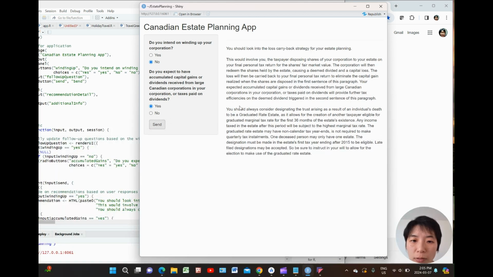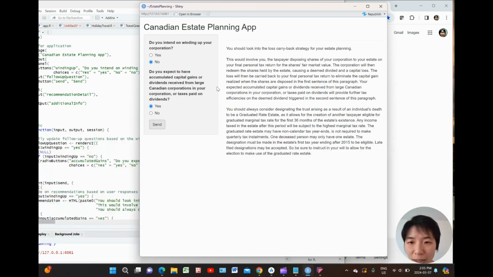The recommendation for this situation would be the loss carryback strategy, and this would involve you, the taxpayer, disposing shares of your corporation to your estate on your final personal tax return for the shares' fair market value at that time. And the corporation will then redeem the shares